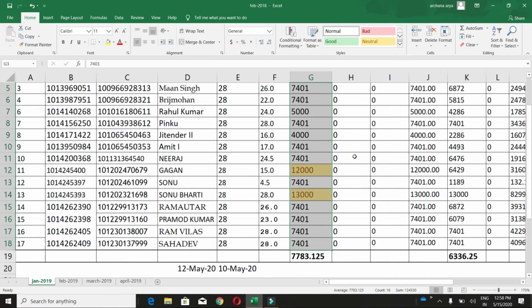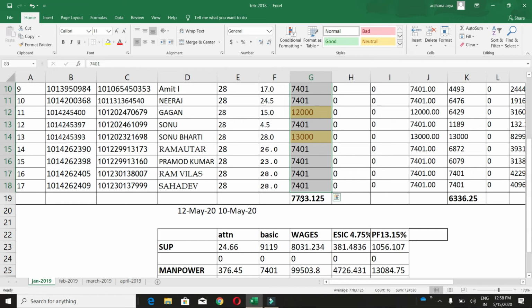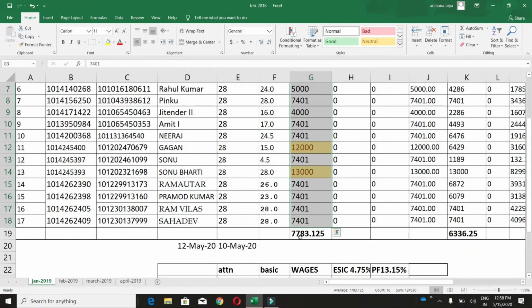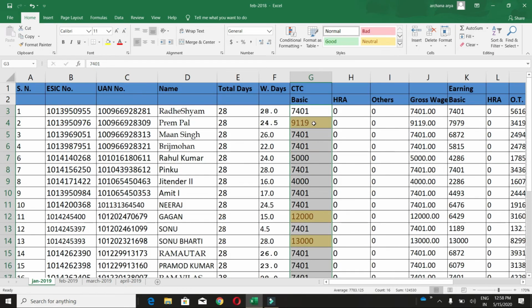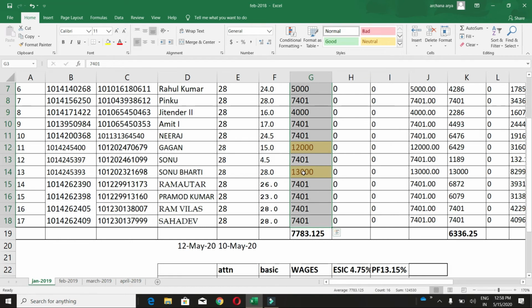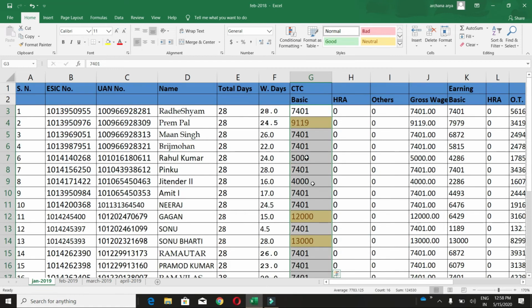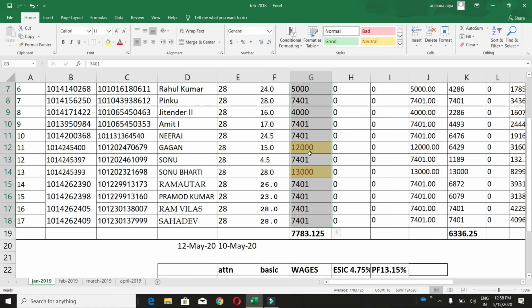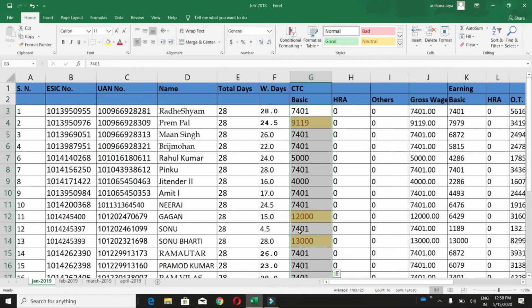Now our average value is 7783, and the cells highlighted are 9119, 12,000, 13,000, which are greater than this value. So this option highlights the cells which have values greater than the average value. Fine, I think you have understood.